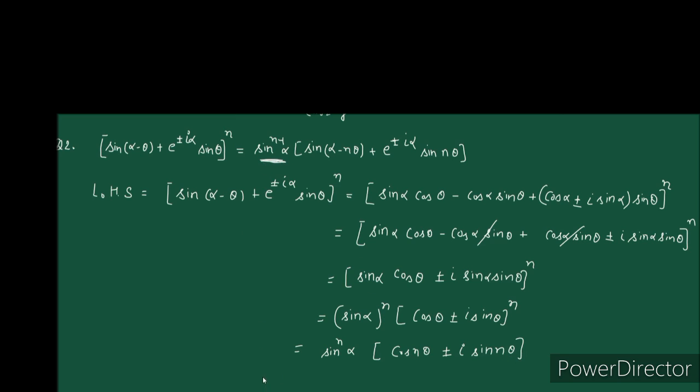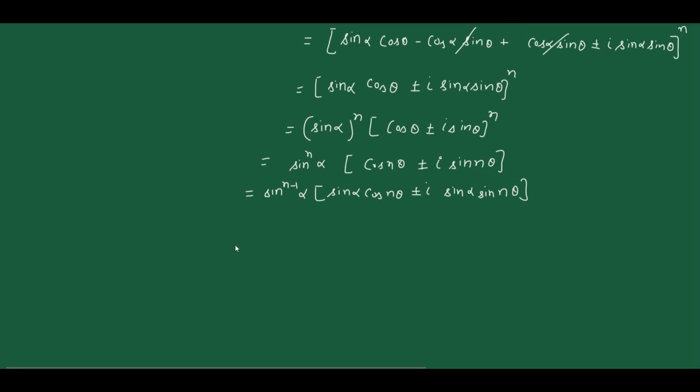So move one power inside, sin n minus 1 alpha, move sin alpha inside, sin alpha cos n theta ± iota sin alpha sin n theta. Okay, so what we will do next,